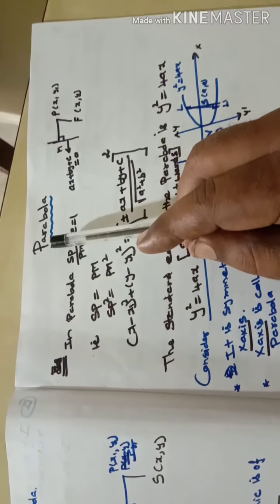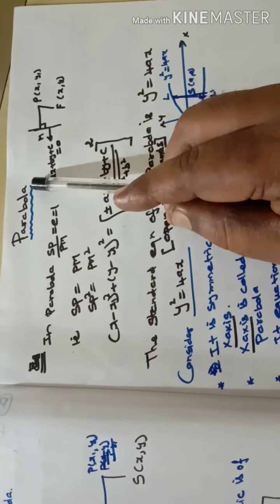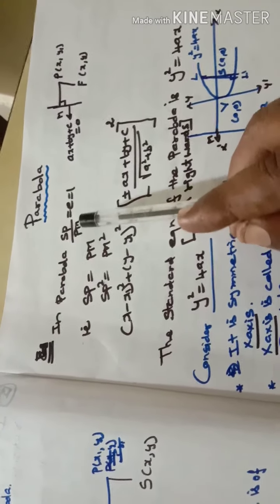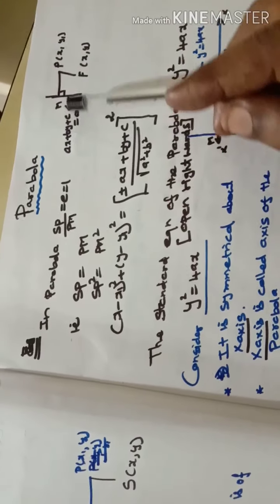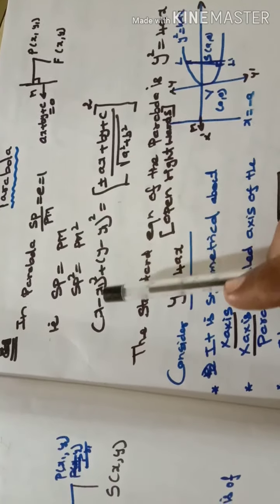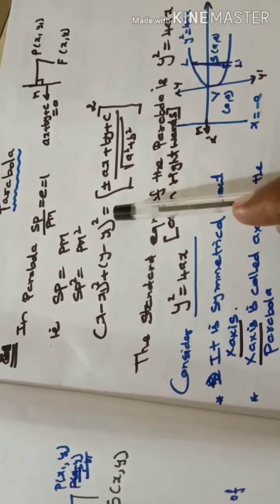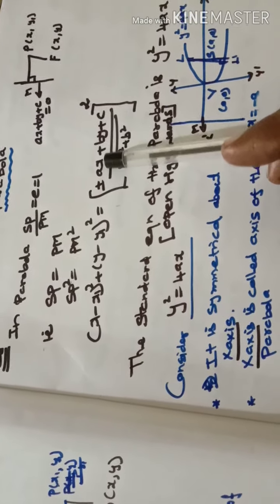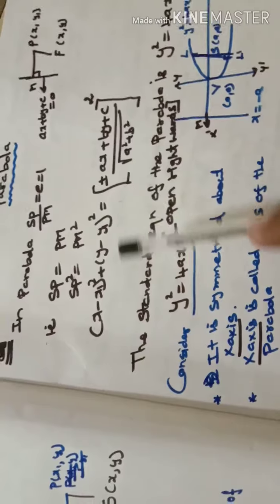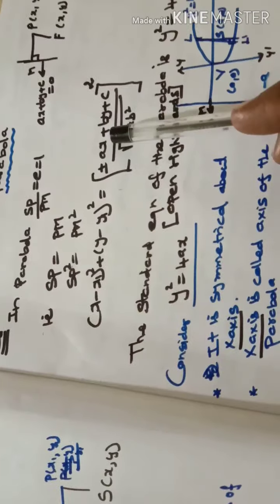Welcome to maths class. The next one is the first we are going to see about the parabola. In parabola, we know that SP by PM is equal to e, which is equal to 1. So SP equals PM, SP square equals PM square. So (x minus x1) whole square plus (y minus y1) whole square equals (ax1 plus by plus c) by root of a square plus b square, whole square. So that is how you have to find the equation of parabola when the focus and the directrix is given.